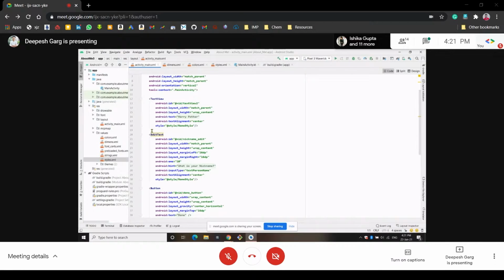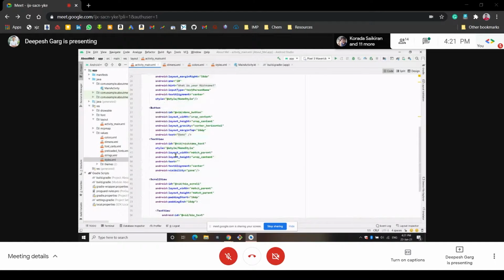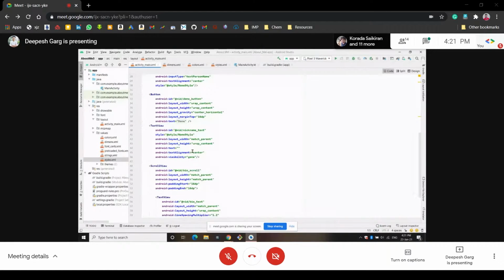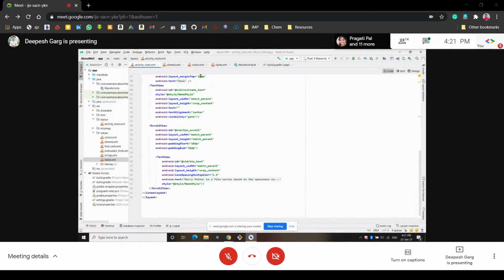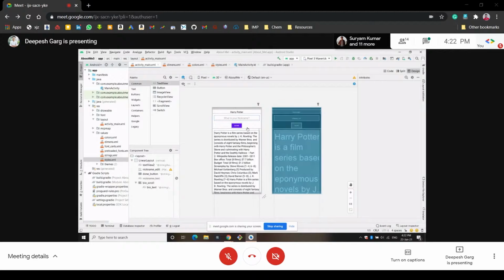Similarly, for this text view also, we have given the style, it is called name style. Same for this text view, means for every text view we have given the style, so that it can be shown in a good manner, in a cool manner. We have given some margins, we have given some styles in the font, so our app looks cool. That's why our app will look like this after applying the styles to our app.